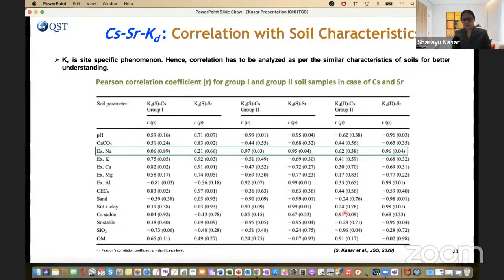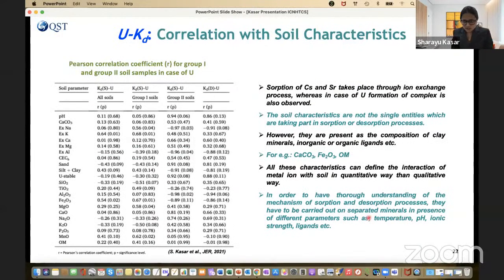Rather, it is dependent on the speciation of strontium taking place on the soil surface, and that's why it is mobile in the Fukushima environment. So if speciation is not strong with the soil surface, then strontium species can further migrate to the local